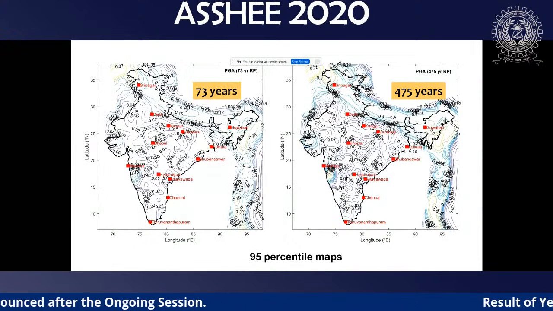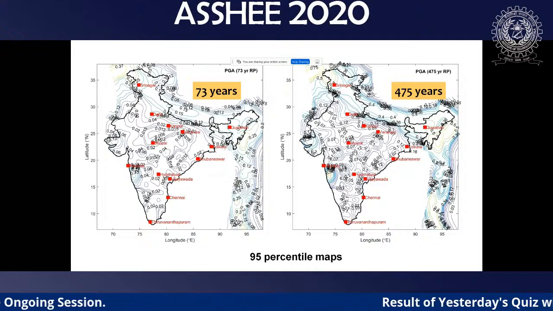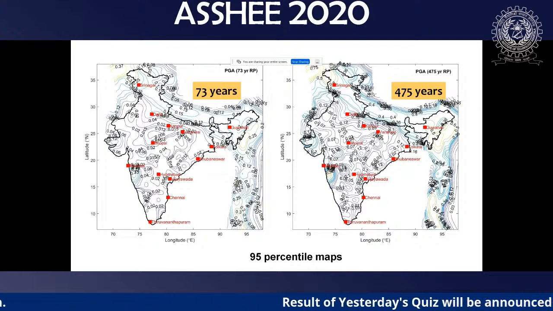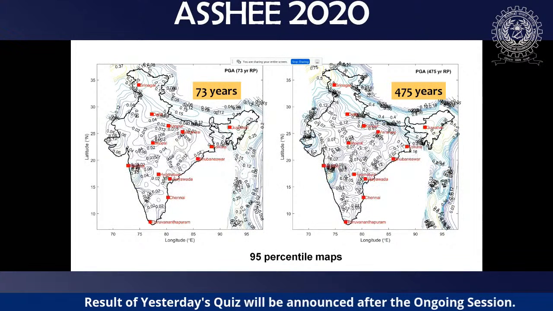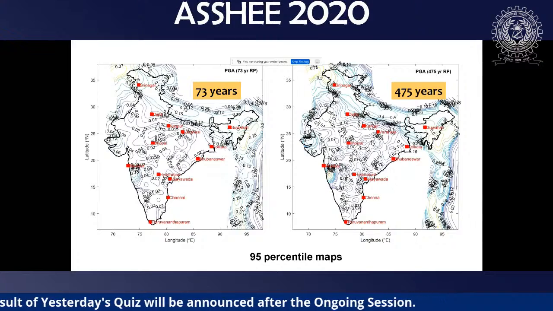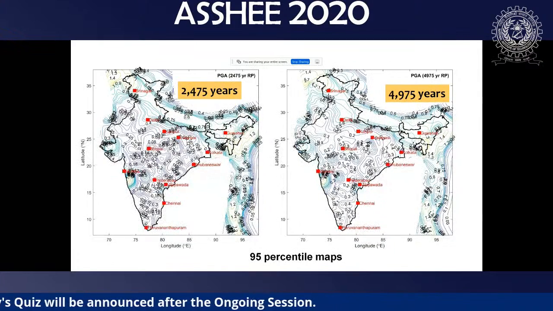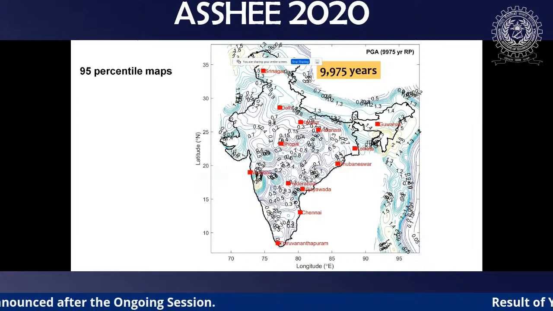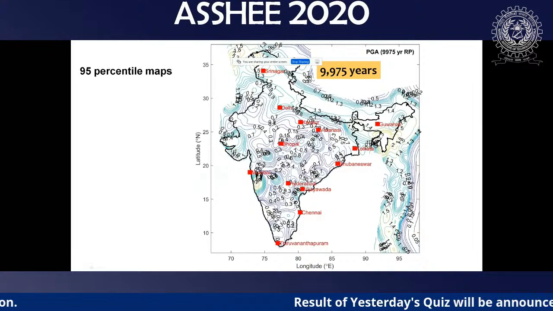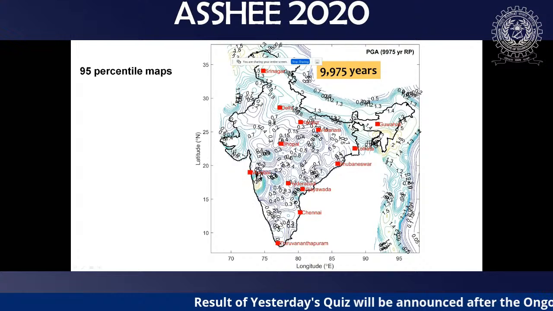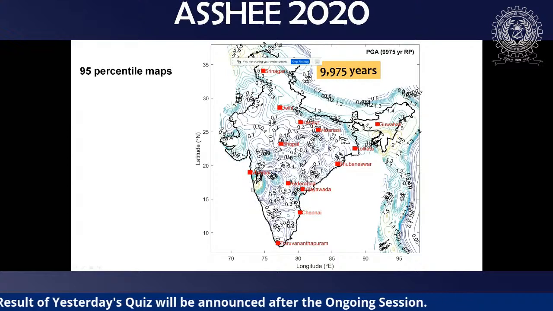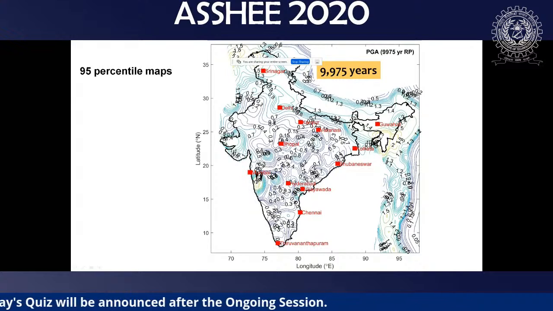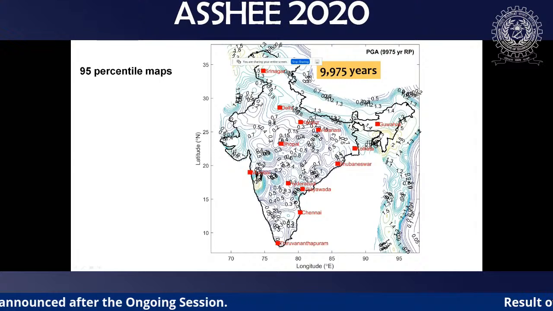So now these are the 95 percentile. Obviously, 95 percentile will be extremely high, because it is mu plus 1.65 times sigma. So you can see the values are very high. Similar results are there, like 2475, 5000 years, then 10,000 years. We have these 95 percentile maps also. Now here the most important thing is the Koyna region in South India. We get high values in peninsular India in this small zone. On the other side the values are on the lower side only.